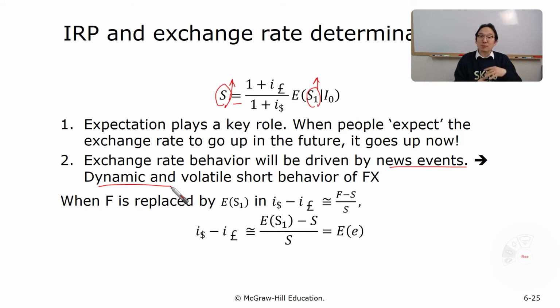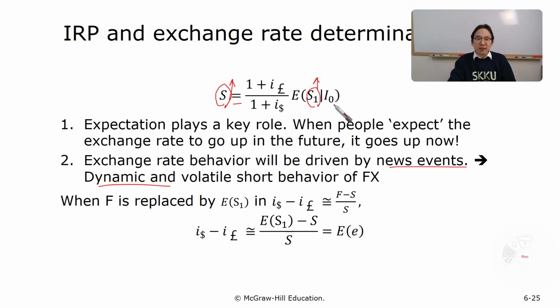Naturally, it is more dynamic than static, and the exchange rate is more volatile. In short, the short-term behavior of the FX rate is much more volatile. When F is replaced by the expected value of spot rate 1,